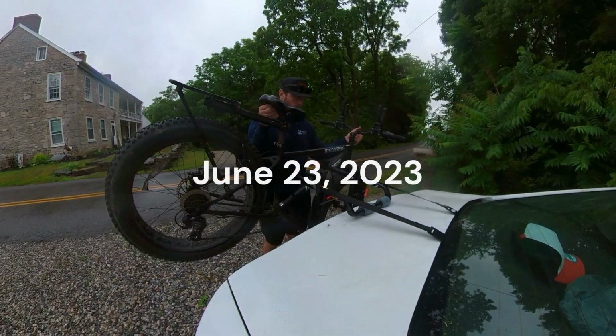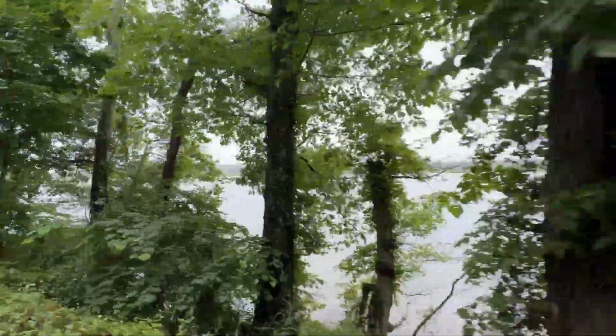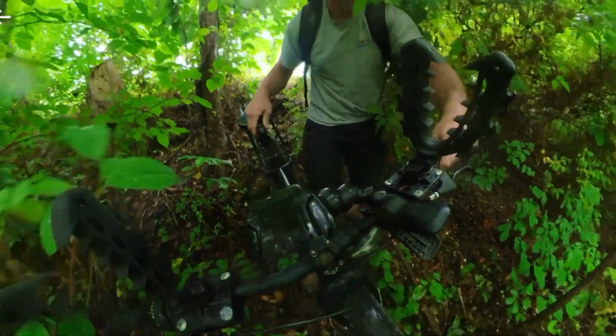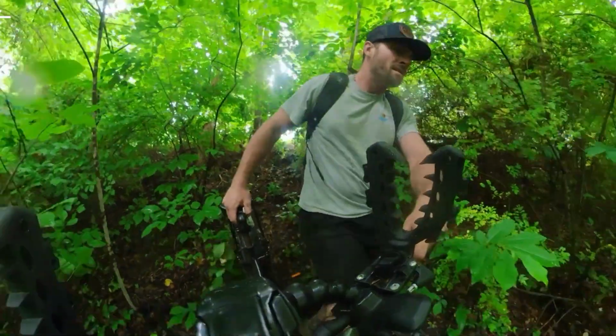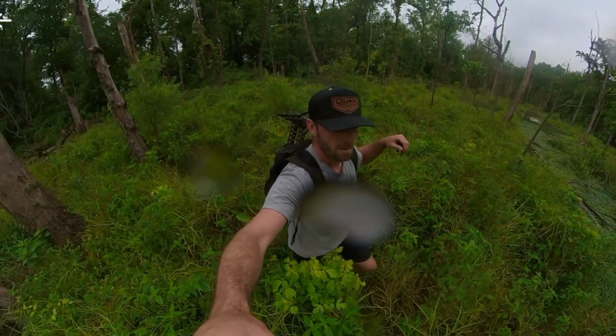Alright guys, so loaded the bike up and headed down the road for this afternoon. We have a high of 68 degrees today and it is June 23rd, which is unheard of here in Western Maryland. I just got the bike hidden down in here off the access trail as far as I could, and I'm headed across this swamp to the other side of it where I found a really heavy cruising trail this